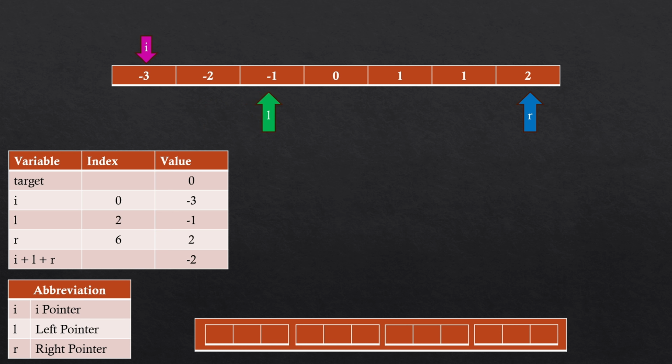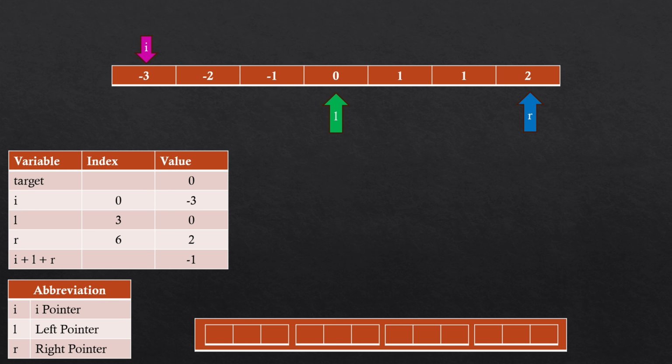At index 2, we have a value -1, and if we add it, 2 minus 1 gives me 1, and then 1 minus 3 gives me -2. So it is not equal to 0. We need another bigger value here, right? So we will move our L pointer again to the right side,